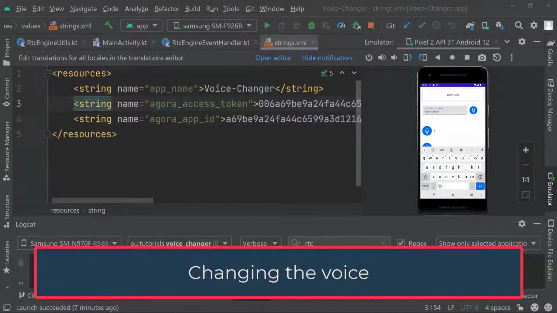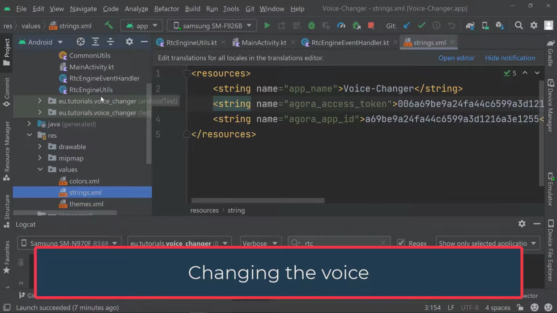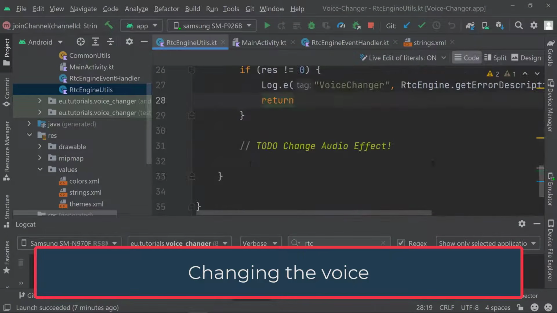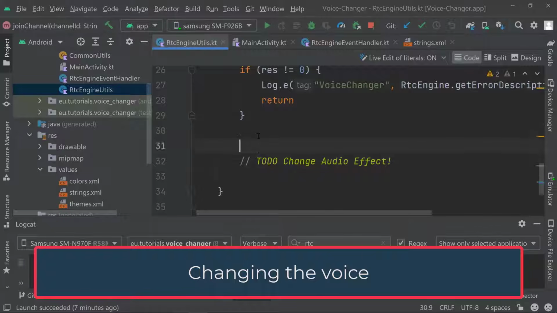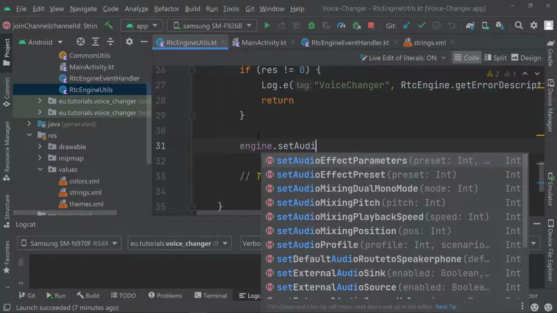All right, so now let's go ahead and add the actual audio effect that I was talking about. Therefore, I will need to make changes to my RTC engine utils. So here at the very bottom, that's where I said we would change the audio effect. So there is something called set audio presets. So we can go ahead and set engine to set audio